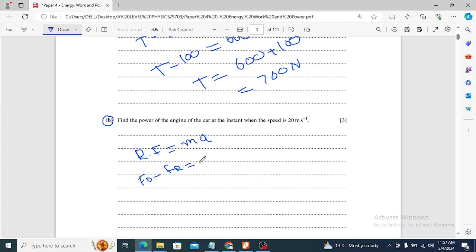This is the frictional force, and now the mass is the combined mass, it should be 1800 plus